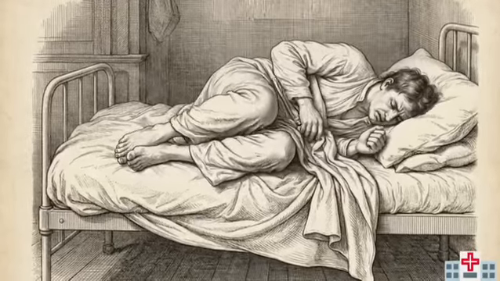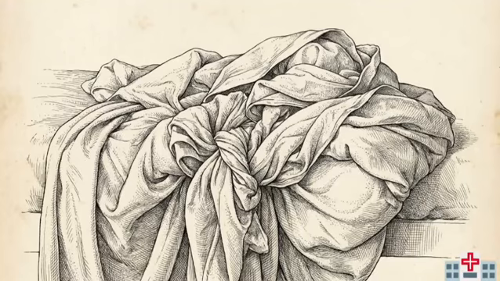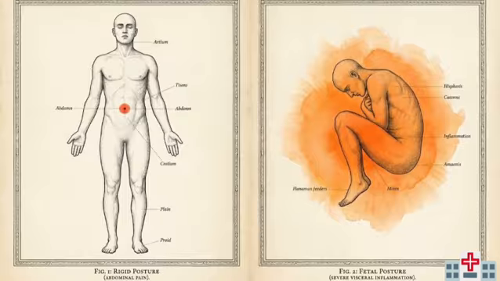They are typically restless, pulling their knees to their chest and continuously thrashing in bed to find a comfortable position. Before you even place a stethoscope on a patient, their physical posture in the bed, rigid stillness versus restless thrashing, gives you the first, most reliable readout of which underlying tissue layer is failing.